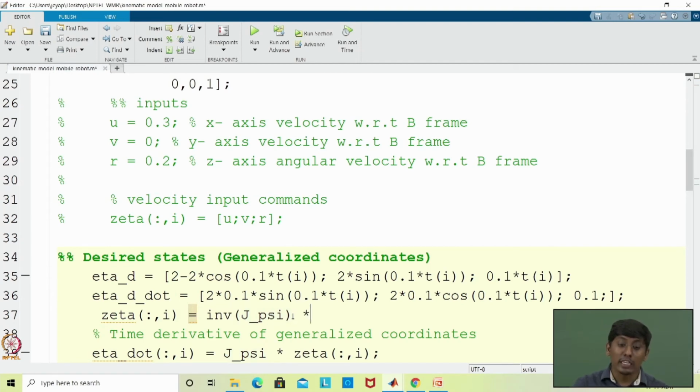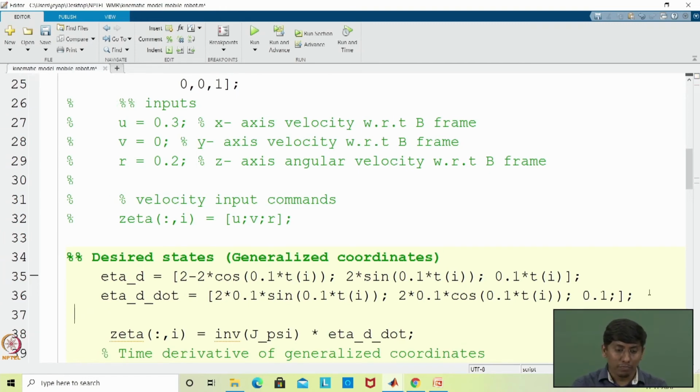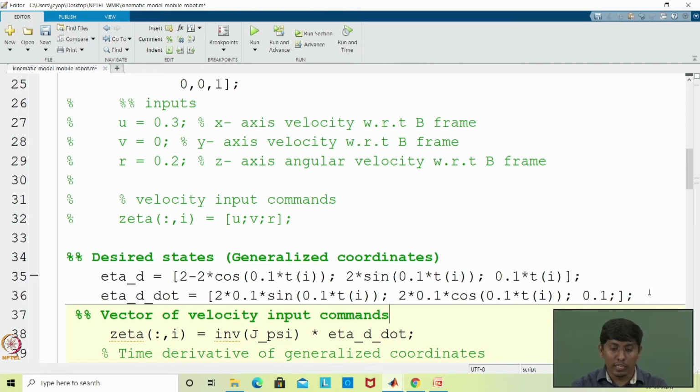Here eta desired dot, so I am putting that here. Okay. So now you can see what we have done. We have taken the desired state variable and taken its time derivative, and now I am using it here. So this is the vector of velocity input commands that you have calculated.